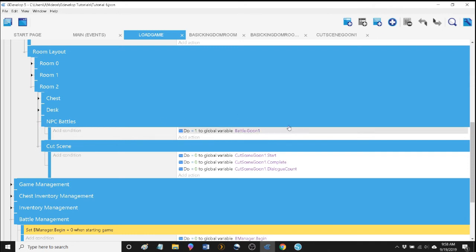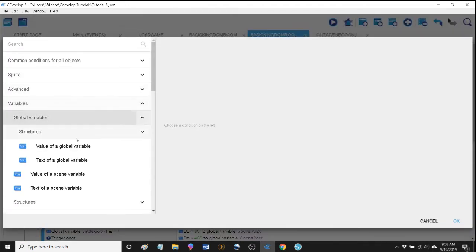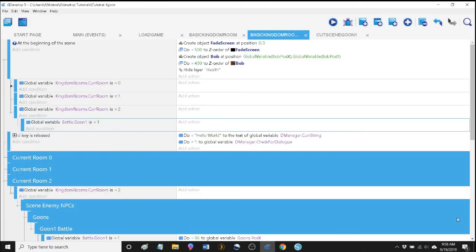This is, remember, going to regulate whether or not we need to run this battle at all. So let's say if battle.goon1 equals 1,